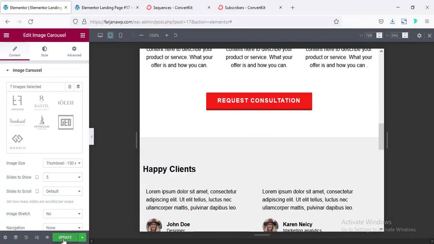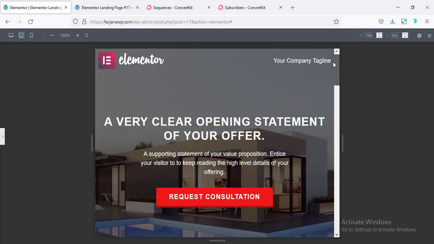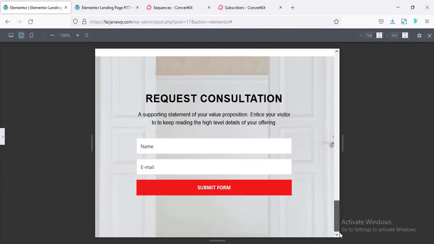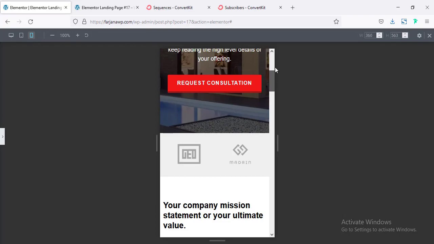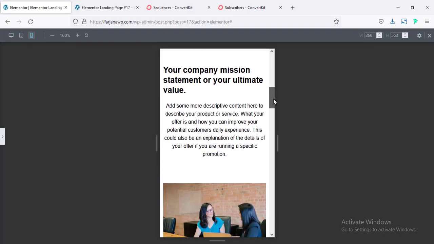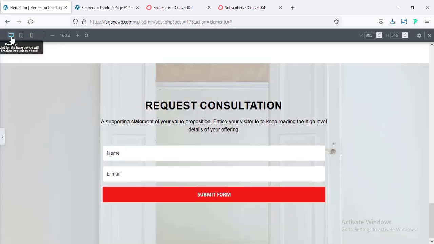And finally save this page. So now if I just hide this left panel, and if we check the real view, looks good. And also for tablet, looks good. And for desktop,